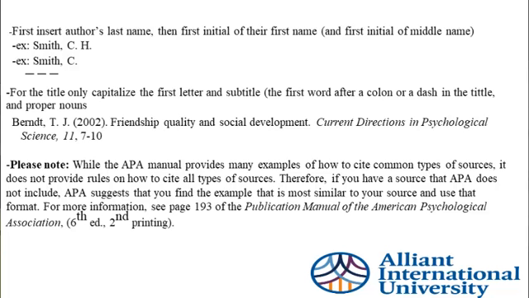Just a note here, the APA manual provides many examples of how to cite common types of sources. It does not provide rules on how to cite all types of sources. Therefore, if you have a source that APA does not include, they suggest finding examples that are most similar to your source. There's more information again in the Publication Manual of the American Psychological Association, which is available in the writing center, in the tutoring center,